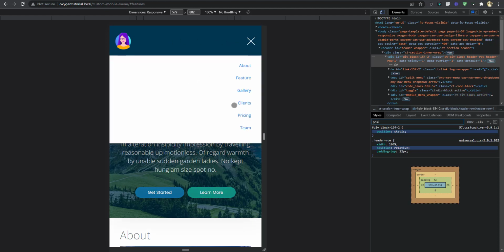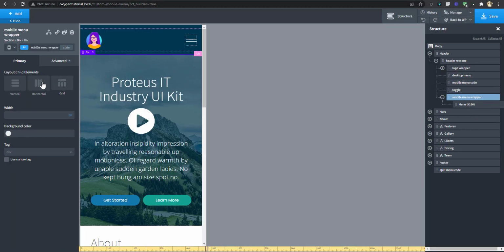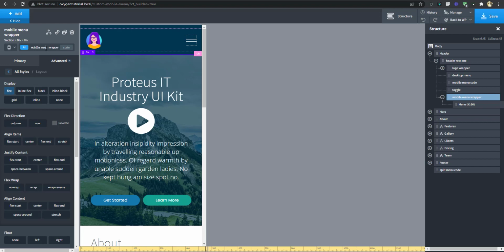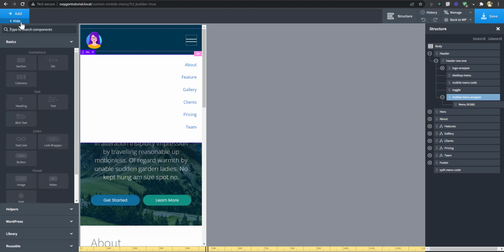Now from here on, you can drop things inside the menu. Of course, while you're working on it, you can always go in there and add the class active to it, just so you can see what is going on. Later you can remove it. Now here we can add a button. So I'm just going to add a button.